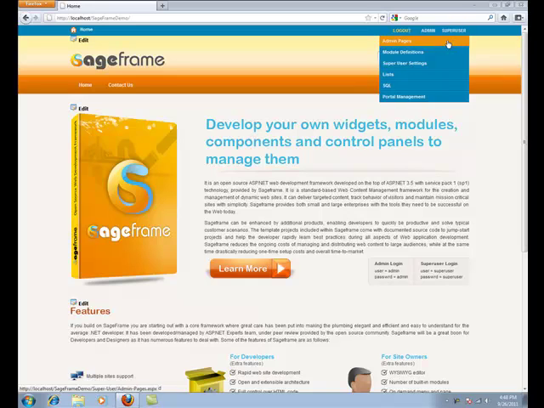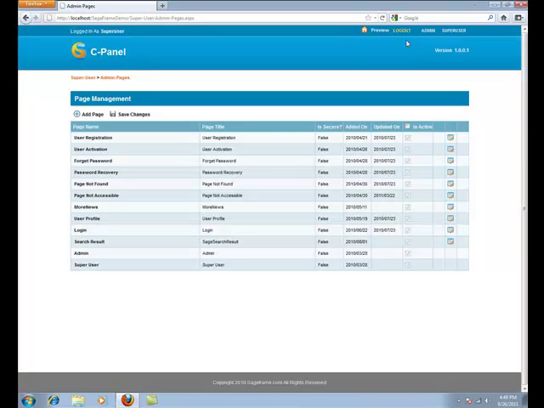Now you can see 6 tabs placed under the superuser login. Now these are the tasks that a superuser can perform in SageFrame. The first is the admin pages. Here a superuser can explicitly control the admin access. For instance, these are the pages that an administrator can access, like the user registration, user activation, page not accessible,